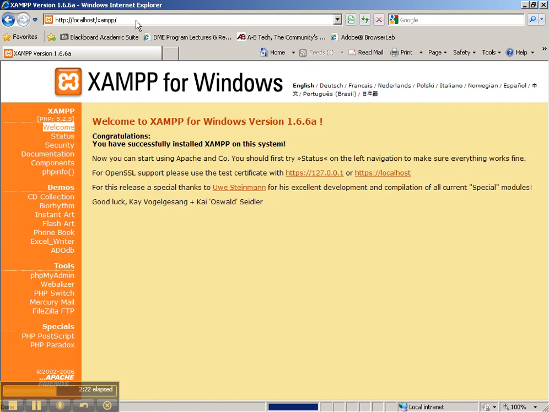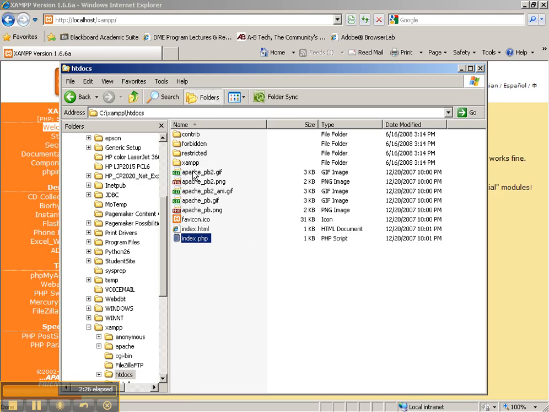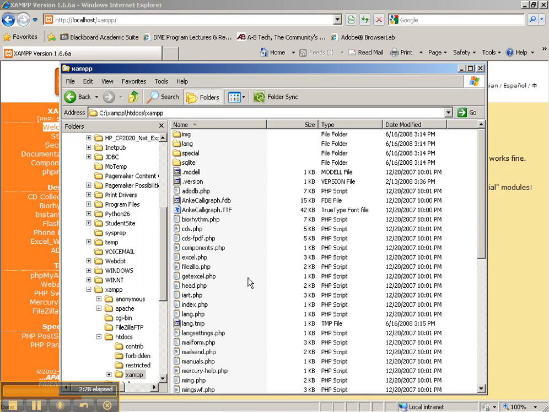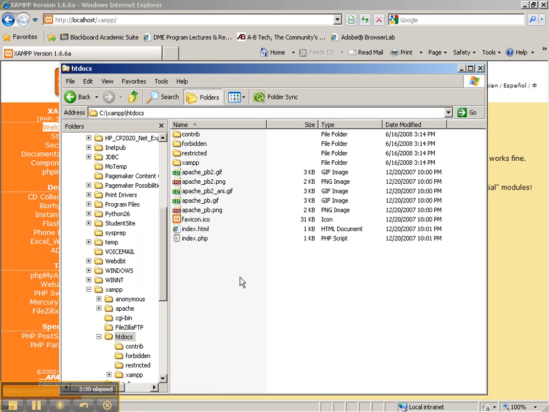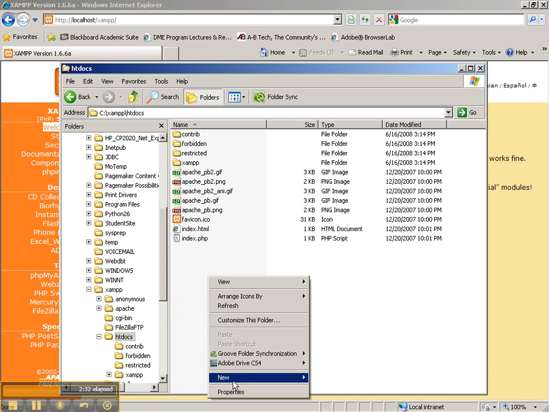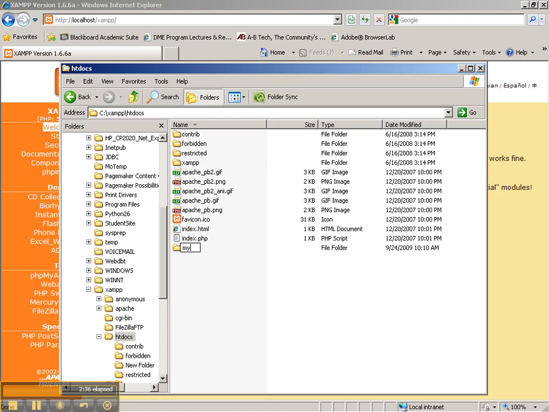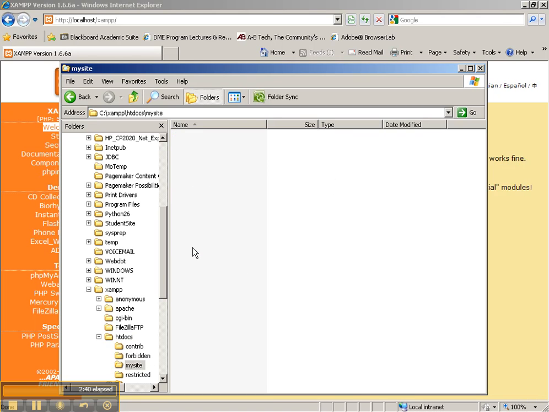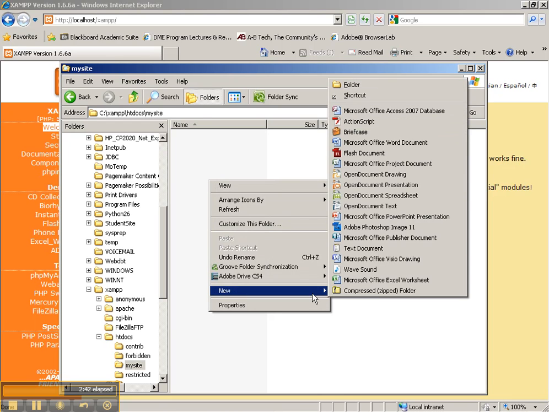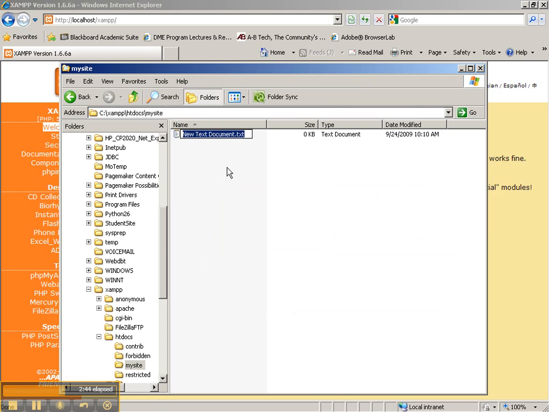You can go back one folder and you'll see that this is actually taking you into this xampp folder right here. So if you want to start putting your files, you can put them in here. So you can create a new folder at any time. My site. And I could create a new file, index.htm,